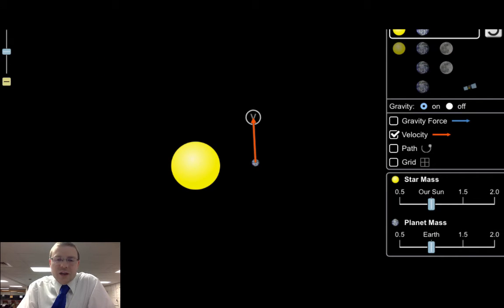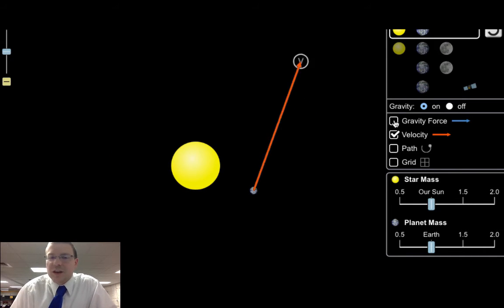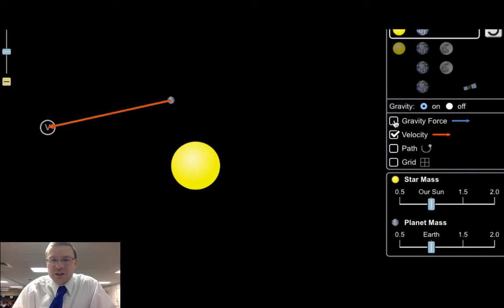So let's reset that and see what happens with this new velocity I gave the mass. Not enough. Not enough to at least orbit. It started to move, but the force of gravity was too strong. Let's go a little bit faster. Still not enough. So if I give the planet a larger velocity here, it will orbit the other mass. So now I have just enough velocity that I'm being pulled in towards that central mass, but I'm not falling in and crashing. I'm going so fast that there is an inward centripetal force now that is caused by gravity, trying to keep me in orbit